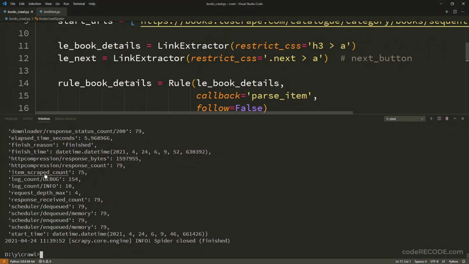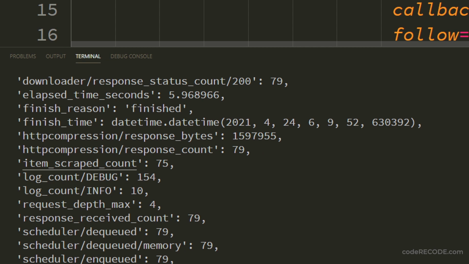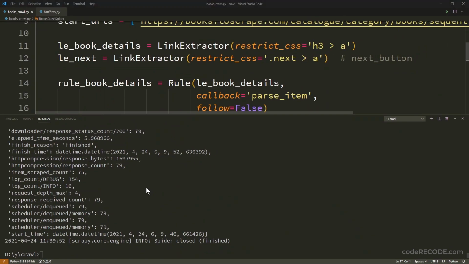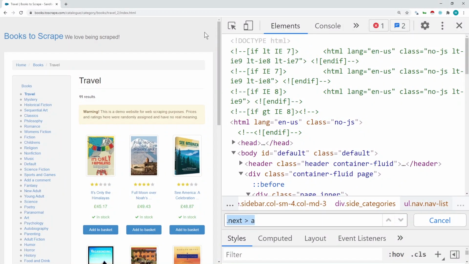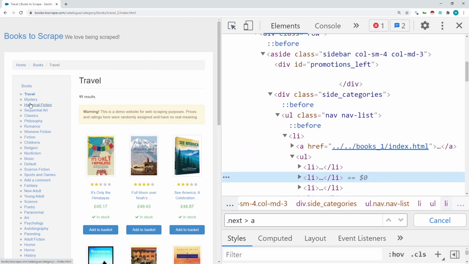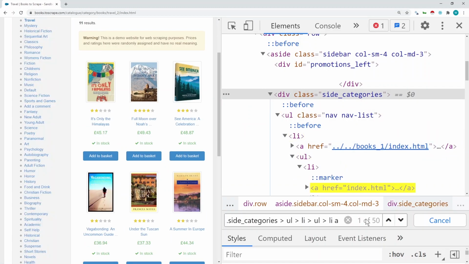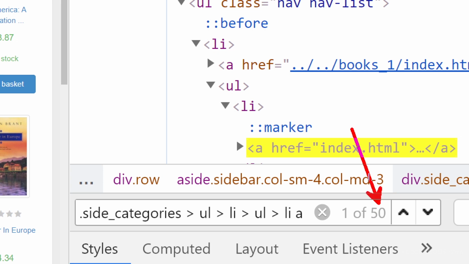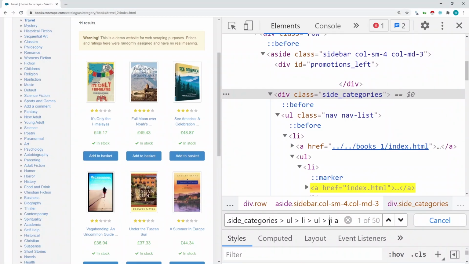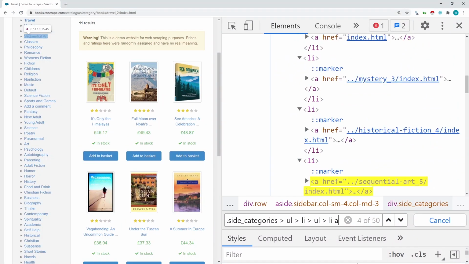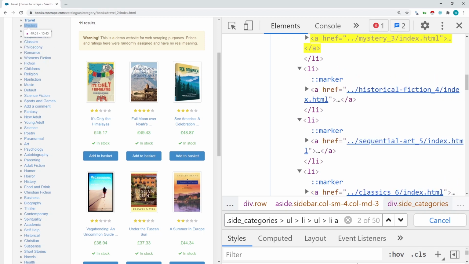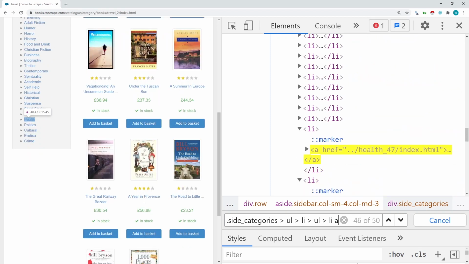It completed very quickly, and as we can see, we have 75 items scraped. So this was a very quick way. Now how we can expand it: we can create a selector which selects all the navigation links here. So it's a long selector. Probably I can work on it to make it pretty, but anyway, doesn't matter. So this is going to give us 50, and let's verify that this is giving us all the links. So quickly I'm pressing Shift Enter so that it goes up, and perfect.